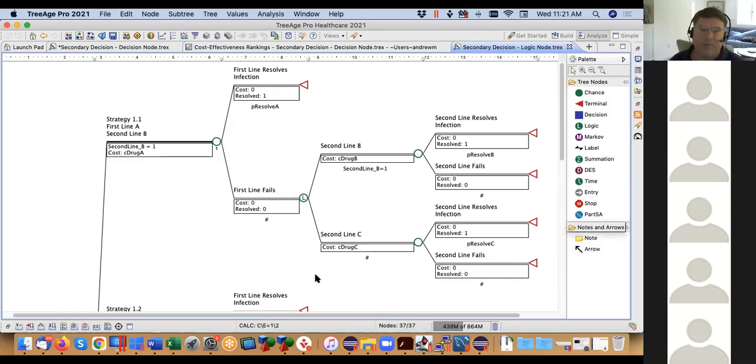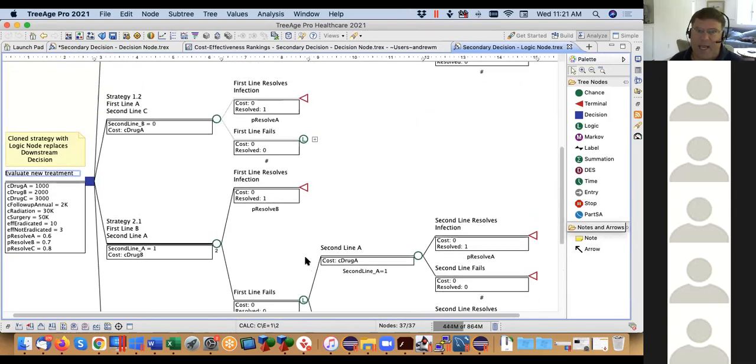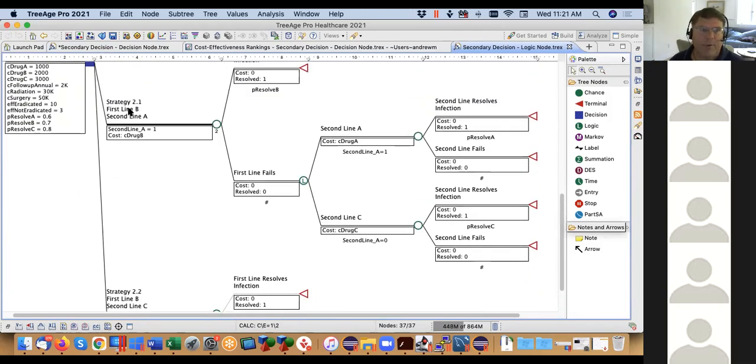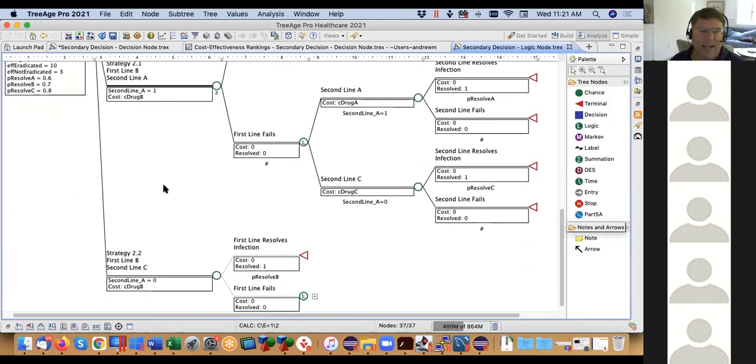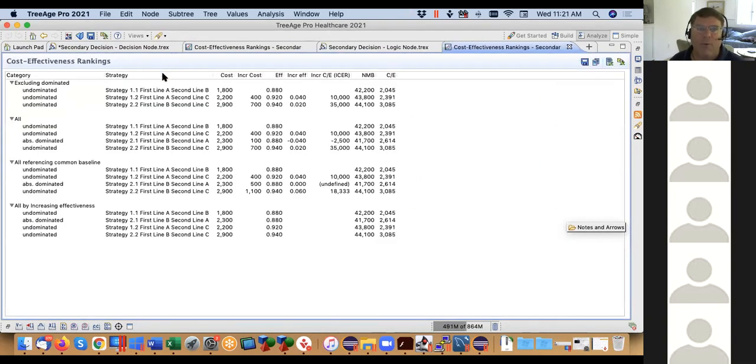So now we have the finished model. Now I'm not going to do the same thing for both. It's exactly the same as what we did down here. It's just now after first line B, we have a choice of second line A or second line C, and I have a second line A variable defined as either 1 or 0 for this. And at this point, now I have all 4